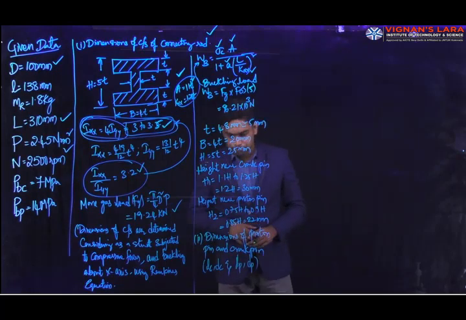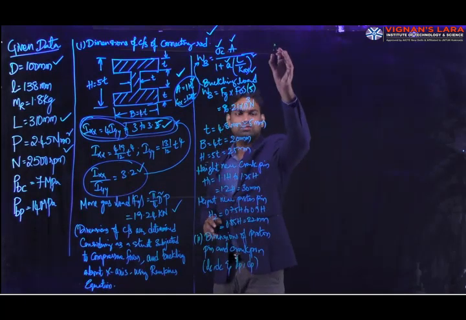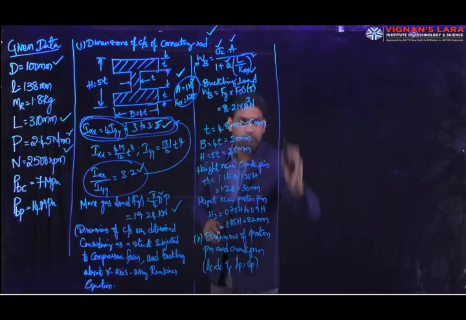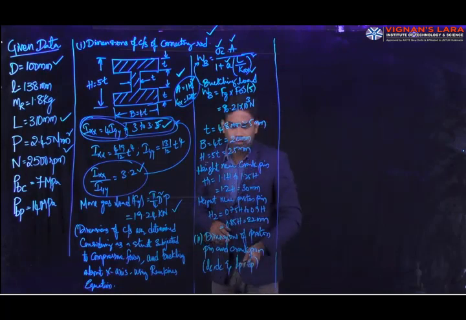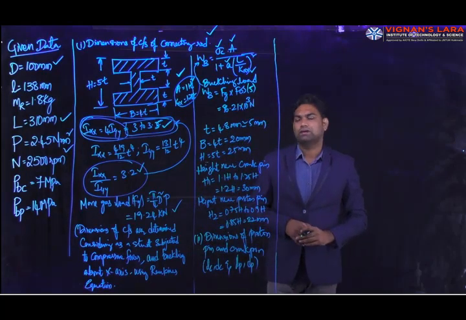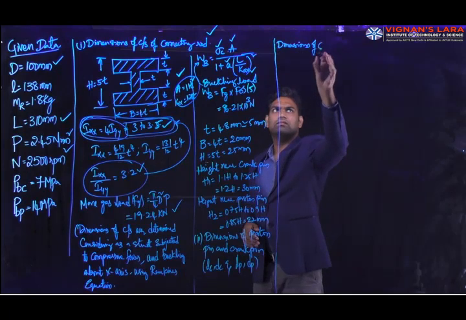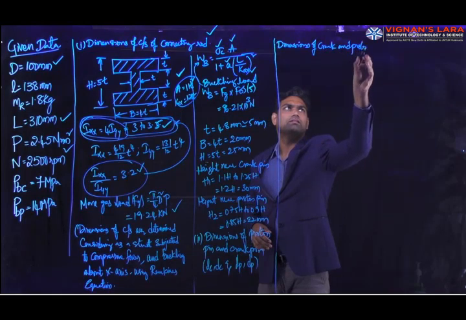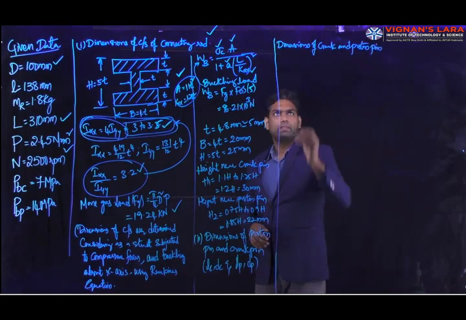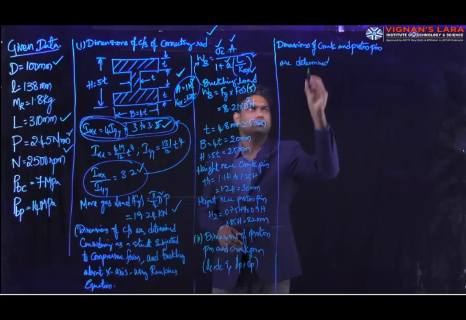For finding the dimensions of crank pin and piston pin, we need to specify clearly which forces are going to be considered for design. Clear? So I can write the statement: dimensions of crank pin and piston pin are determined